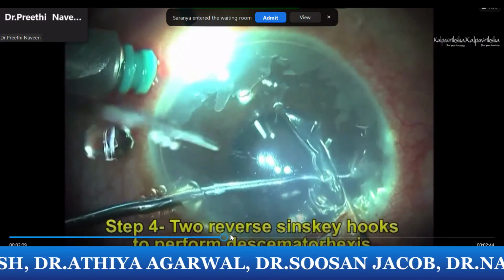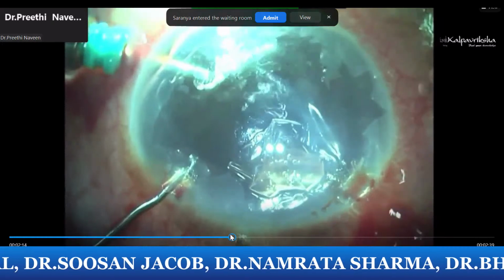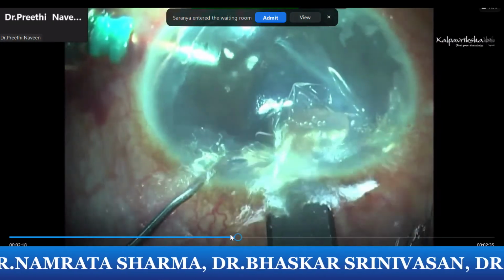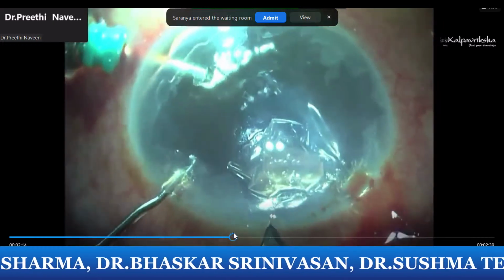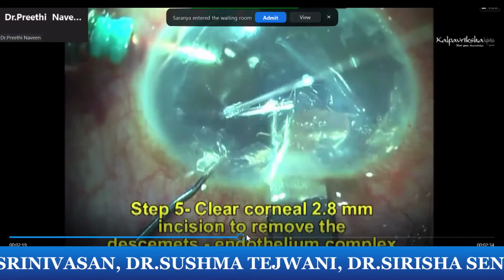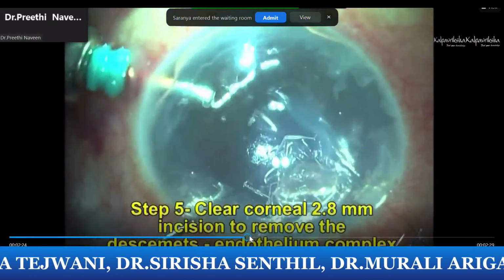And so you can see us scoring off the Descemet's there. The Descemet's comes off pretty easily. So if you're having a certain amount of resistance, it means you're pulling out the DUA there. So just be careful about that. And once you've stripped out the entire Descemet's, we just put in a main port entry just to remove the stripped off Descemet's from there.